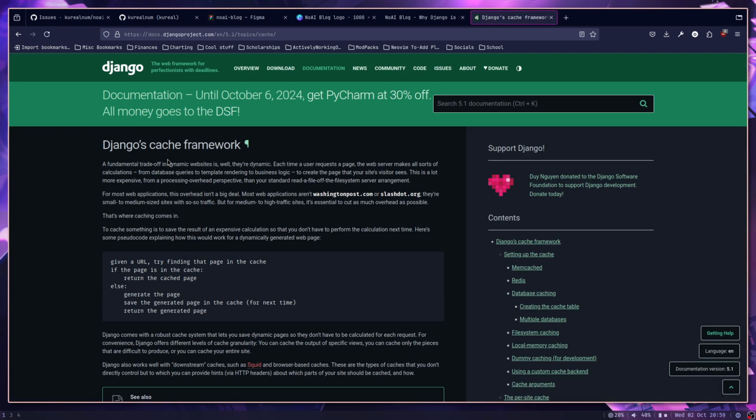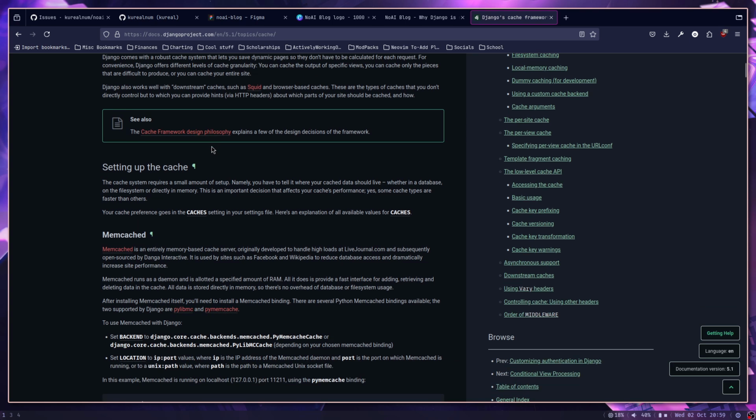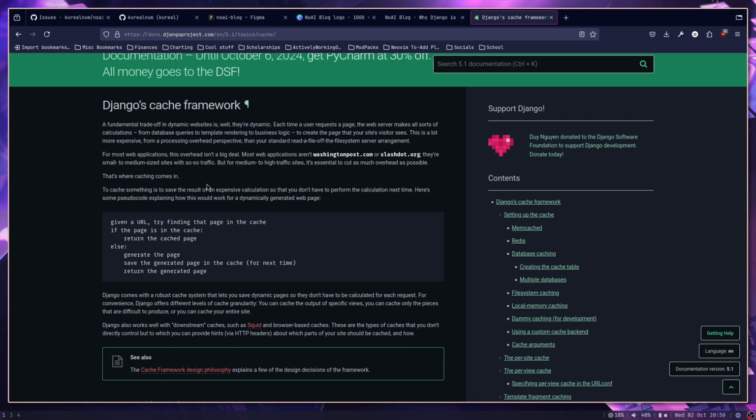So if that page is in the, yeah, see, here's the thing. I don't know. Yeah, I don't believe that I can cache this